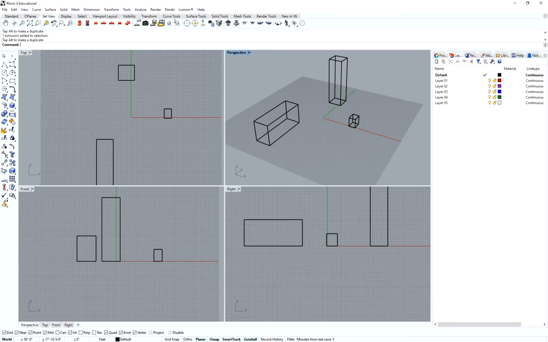Alright, next up I want to show you some camera movements. So I made this little scene with 3 objects in it so that we can use them to rotate and pan the camera around it. So in all these different views, if you look at the top, front and right orthogonal views, the controls work